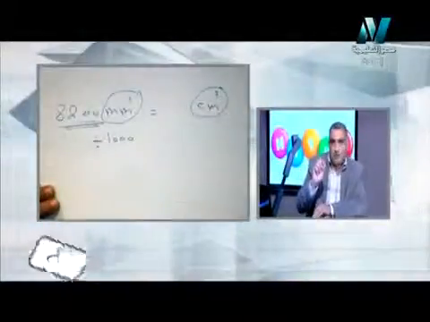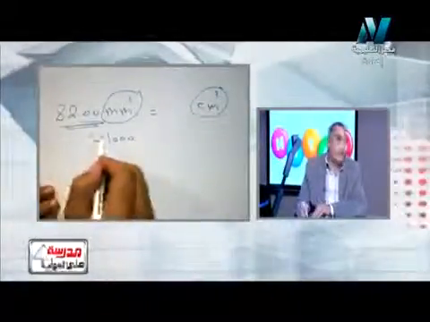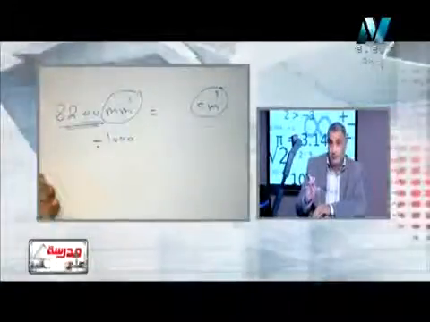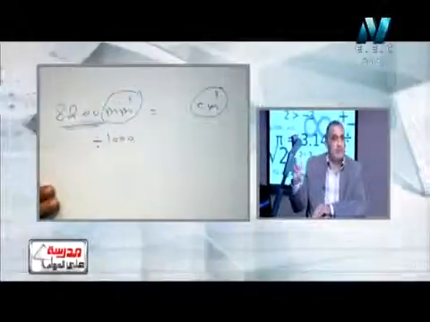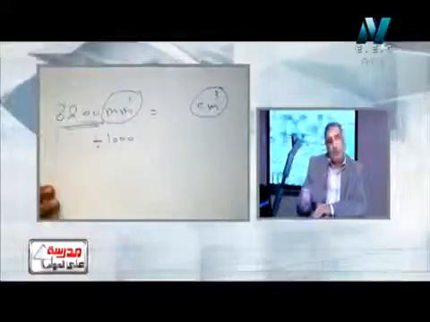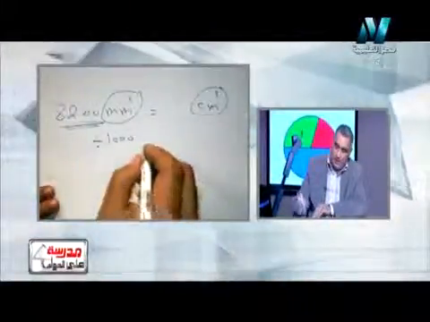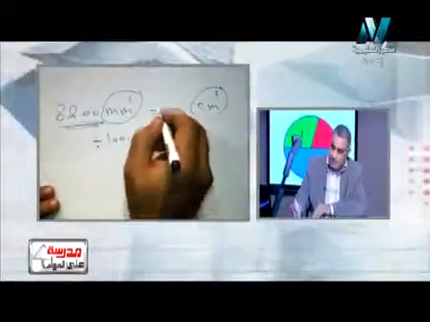So the first step is that you have to study your example, your exercise. We want to convert from a millimeter cube, the smallest unit for measuring volume, to what? To a centimeter cube. Yes, we have to divide by 1000. Just divide by 1000, you can use your calculator. It's so easy to get the result. The result will be